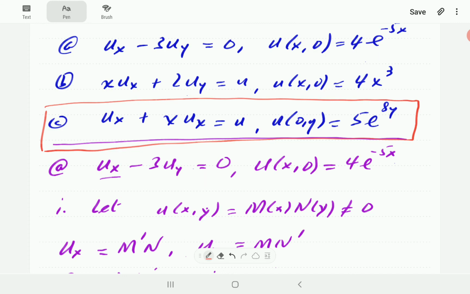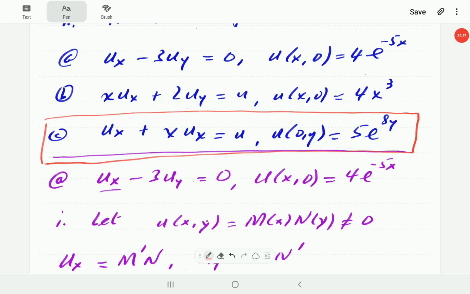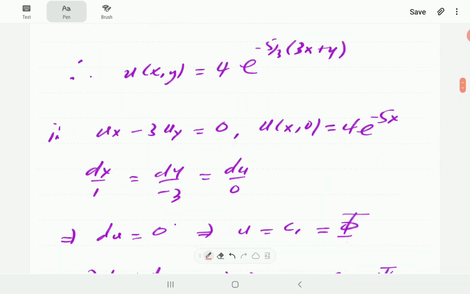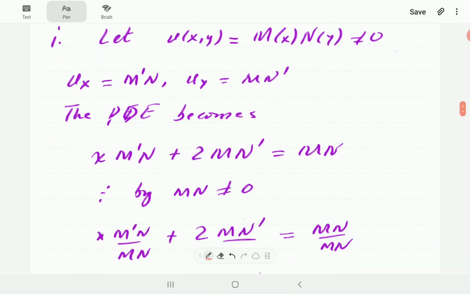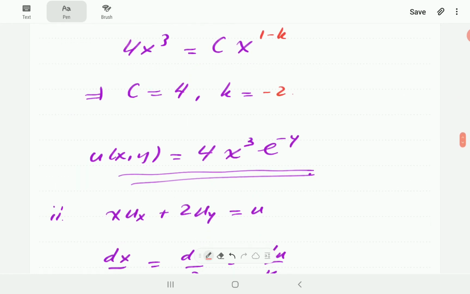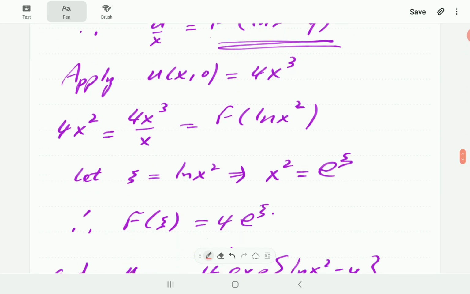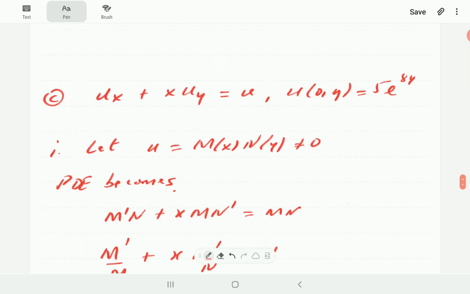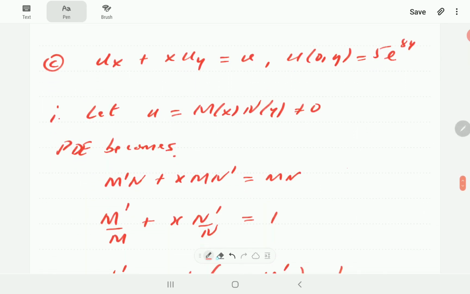All right, we're now going to scroll down to our solution of part C, using first the method of separation of variables and then the method of characteristics. Okay, so for the method of separation of variables,